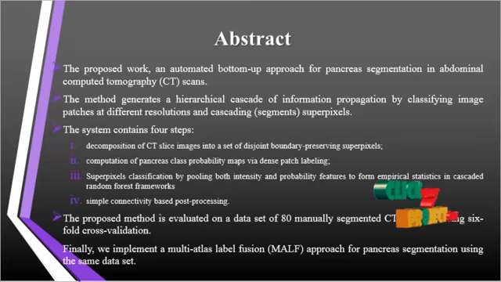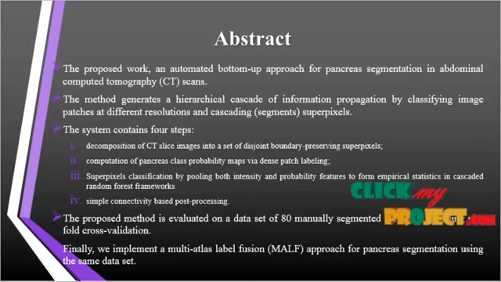The proposed work is an automated bottom-up approach for pancreas segmentation in abdominal computed tomography, that is, CT scans. The method generates a hierarchical cascade of information propagation by classifying image patches of different resolutions and cascading segments, superpixels. The system consists of 4 steps, that are decomposition of CT slice images into a set of disjoint boundary-preserving